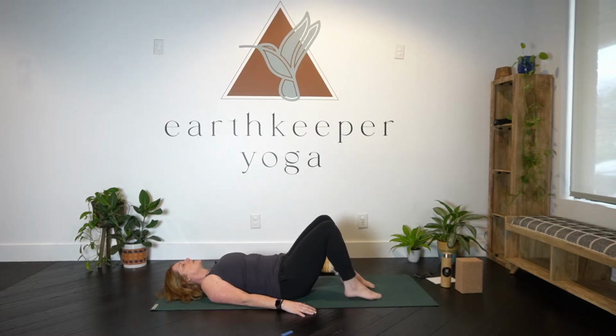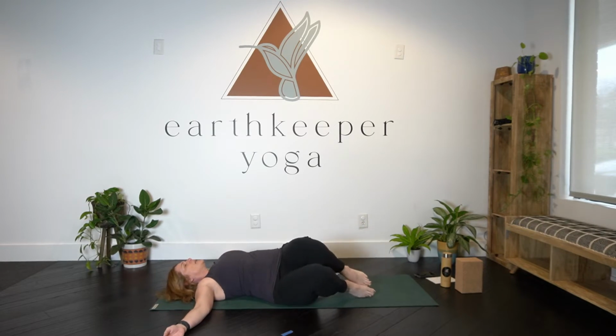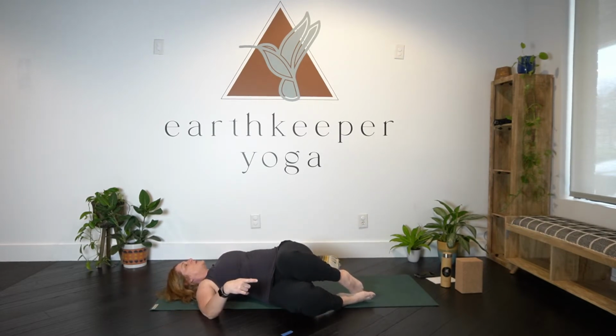We've already got just a little bit of energy, prana, moving through the body. Show me the inside of the heels and the knees towards one another. Let the legs squeeze together and lift your arms out into a T, even with your shoulders. Make space for the shoulder blades. We'll take an inhale, and then slowly bring those knees over towards the right,